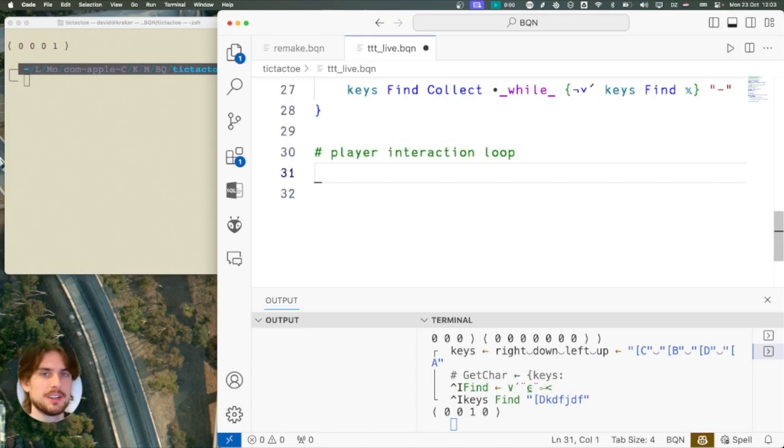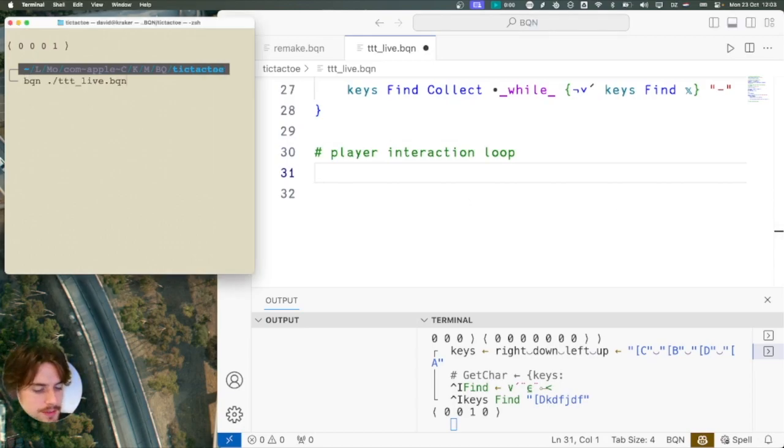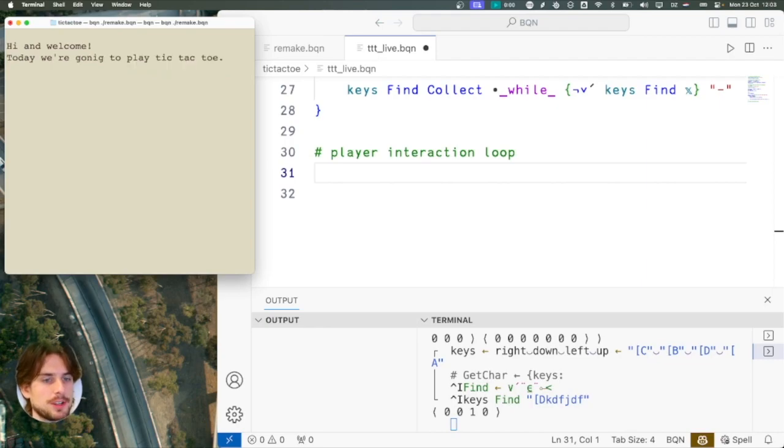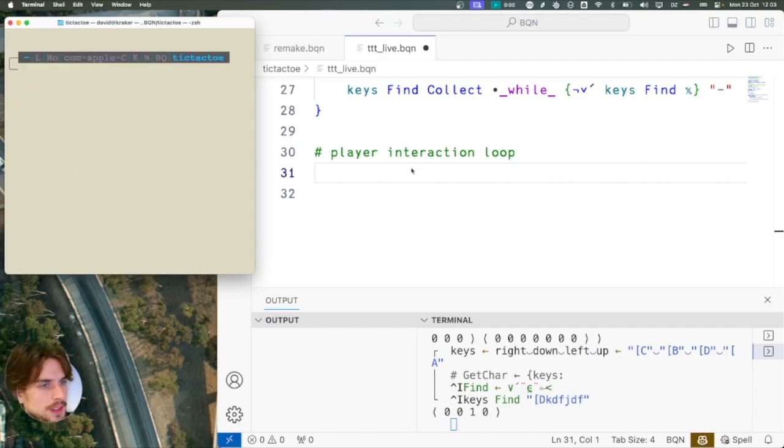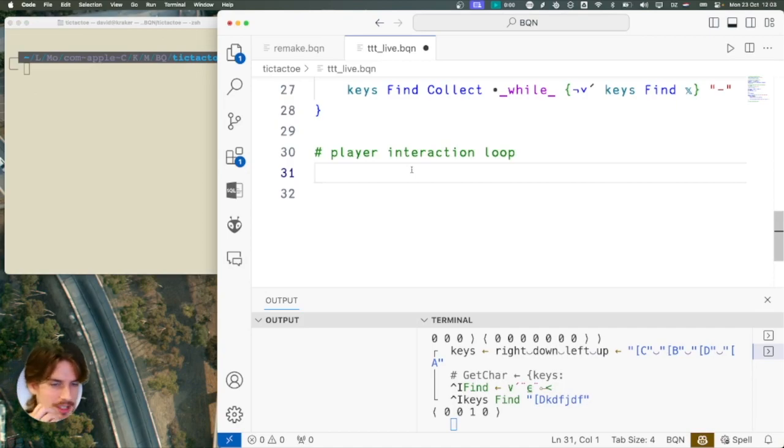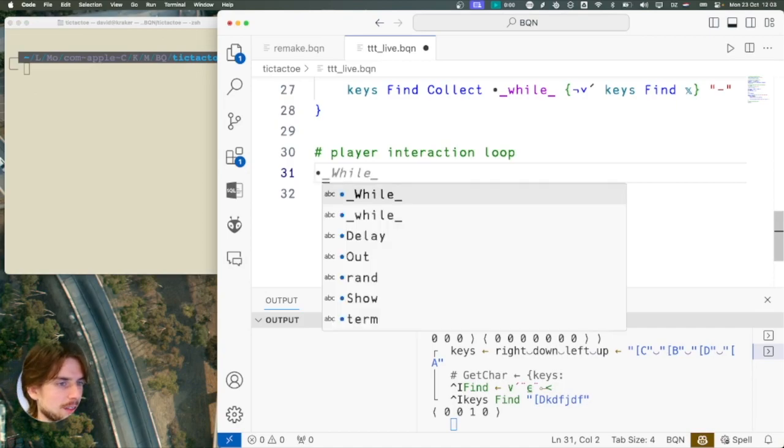Which is creating the interaction loop. So the interaction where you print the stuff and give the ability for the player to move, give the ability for the computer to move. Let's make that. A very nice way to do a state machine in BQN is with the native while,